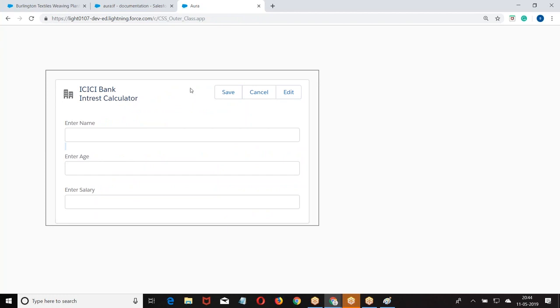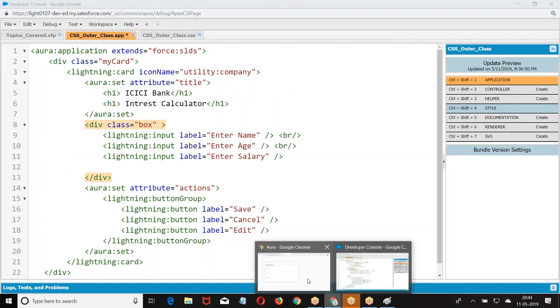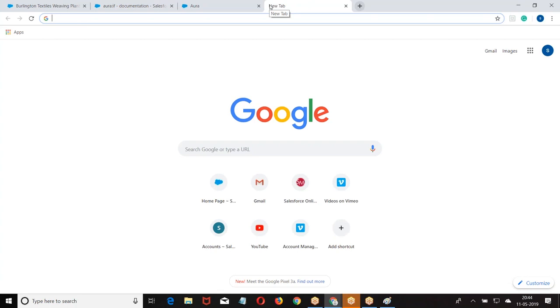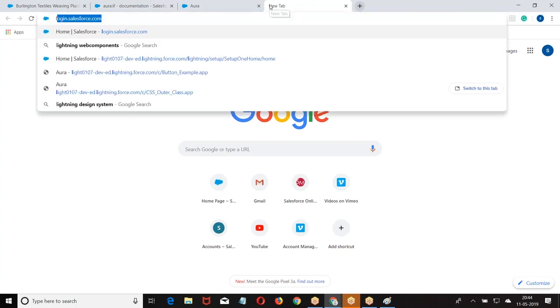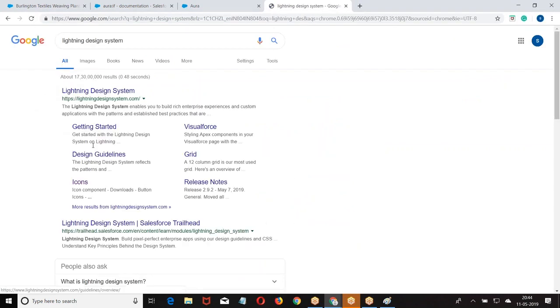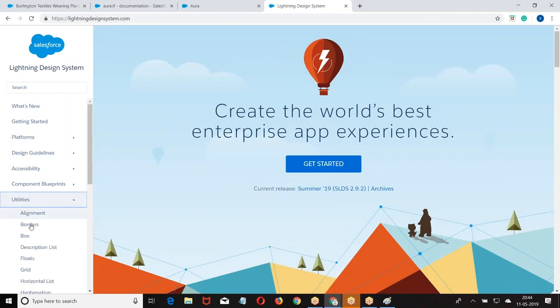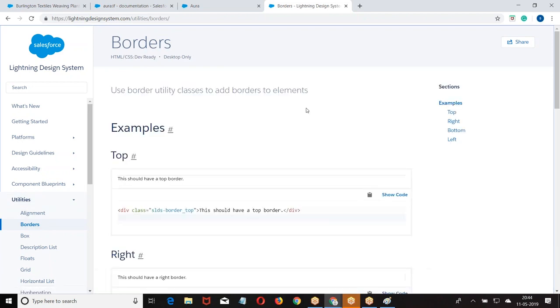Basically, we cannot give regular CSS styles here. So in that case, either you have to define a separate CSS class, or else go to this and check out what appropriate styles you require.